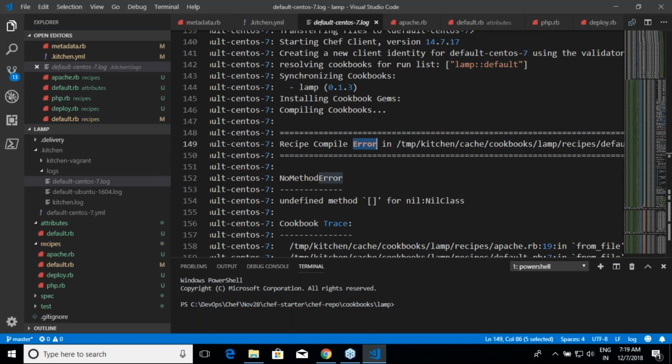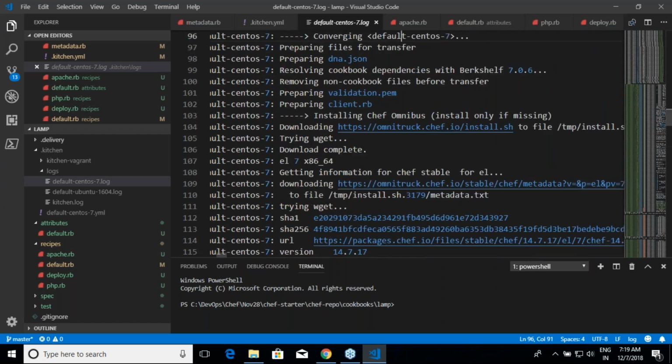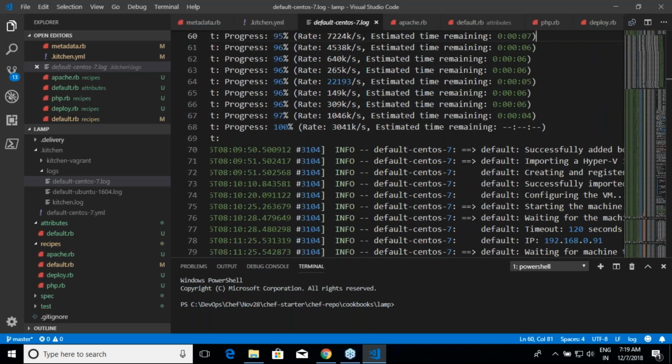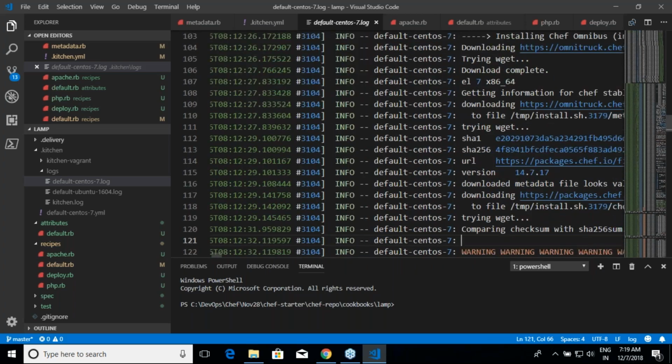If kitchen is failing, the reason could be that whatever hypervisor you are using might not be able to create the machine manually, or you might not have configured Vagrant correctly, right? Okay. Now what we'll do is, let me quickly write this, this cookbook has to be corrected. I know that. Let me also parallelly try something on AWS cloud as well, so that we know both the configurations, and then we can come back at any time and correct this stuff. So for that, what I'll try to do is,